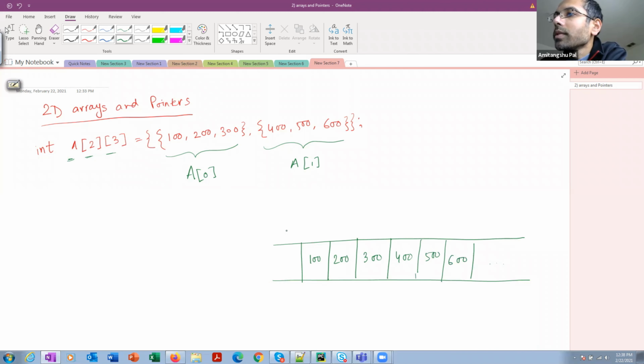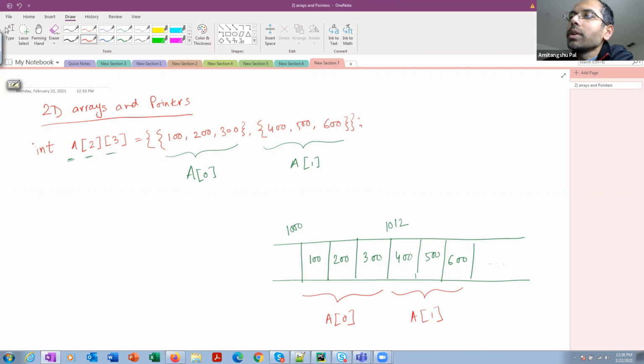If this starts from address 1000, then 400 will start from 1012. So 4 bytes, 4 bytes, 4 bytes. A0 is going to be the first one-dimensional array of 3 integers, and A1 is going to be the second one-dimensional array of 3 integers. So what did we learn?